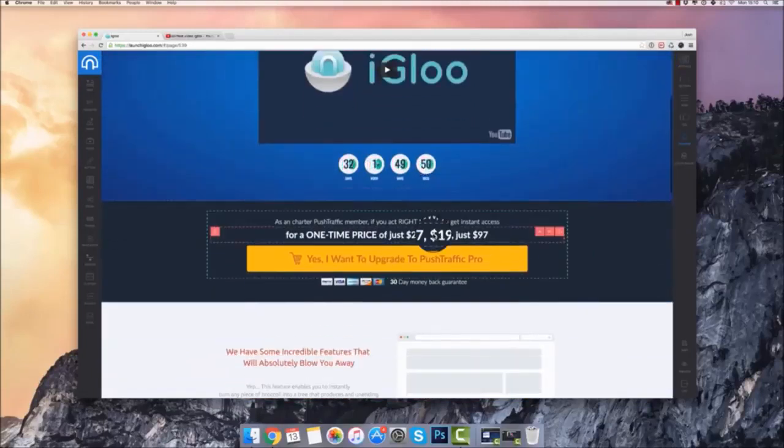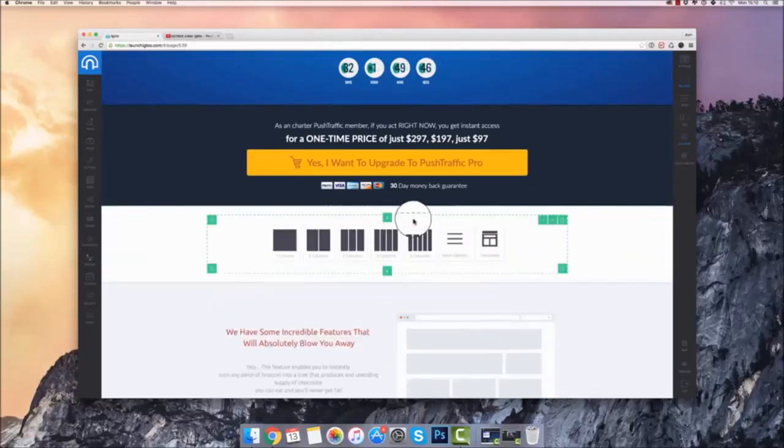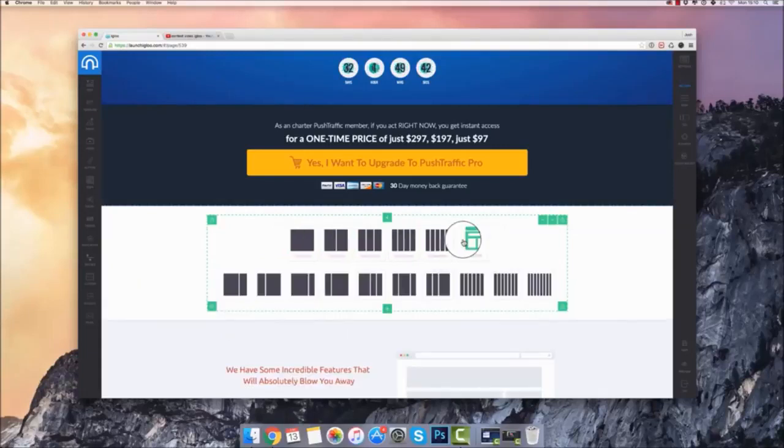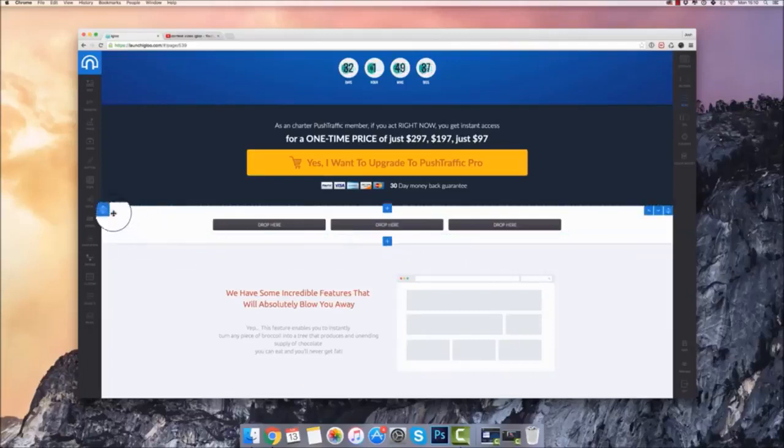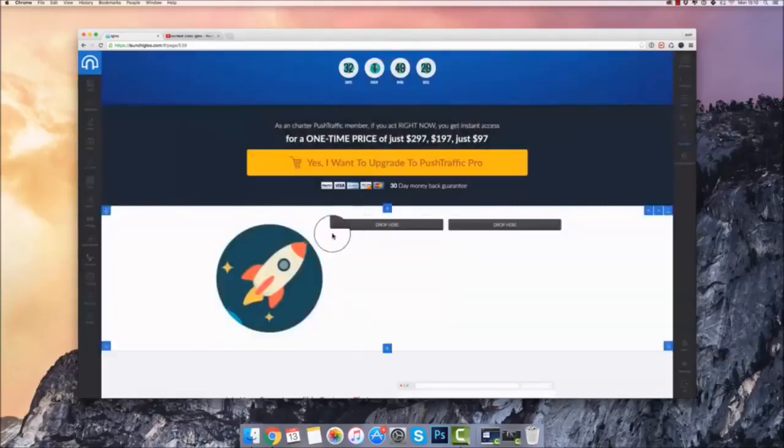Cool. So what we can also do is begin building out our pages using blocks, building blocks. So if you want to build one from scratch, you can simply add a section. What you can then do is select a layout for your section, so different rows. So let's say you want to have a 3-column row, and then we can begin adding elements directly onto our row. So for this example, I'm going to add an image over here, like a features block,